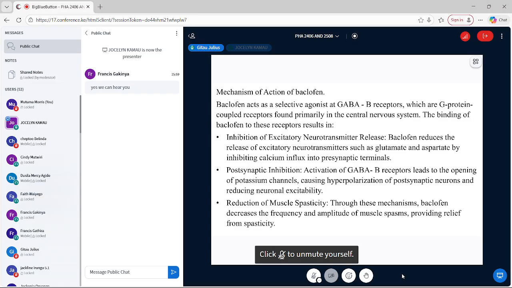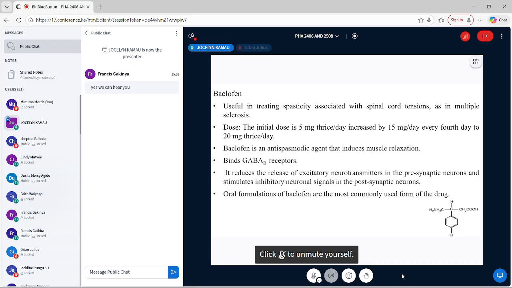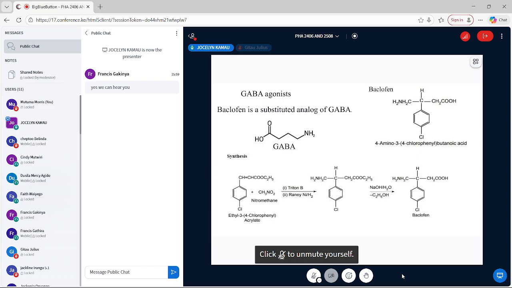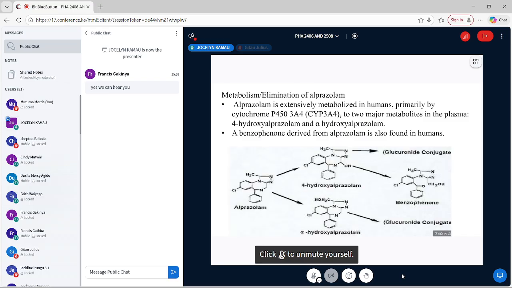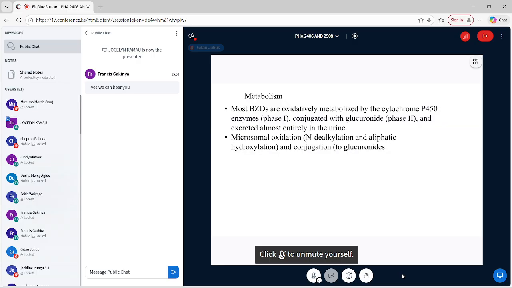So we had gone up to benzodiazepines. I did highlight the structural features of the benzodiazepines that are necessary for activity. We did mention the halogen, the electron withdrawing group at position number 7, and a small alkyl group at position number 1, more often than not a methyl group. But we do have other benzodiazepines like flurazepam, which have bigger groups and they are metabolized to smaller groups. A carbonyl group or an electron donating group at position number 2, where for those benzodiazepines that have that structure,